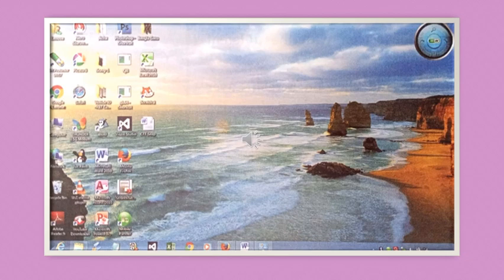To change the wallpaper, first right click anywhere on the blank portion of the Windows desktop and a drop down menu appears. There you can click to select personalize option. Then a personalization window appears on the screen. Then click on desktop background and a list of wallpapers or desktop background appears.